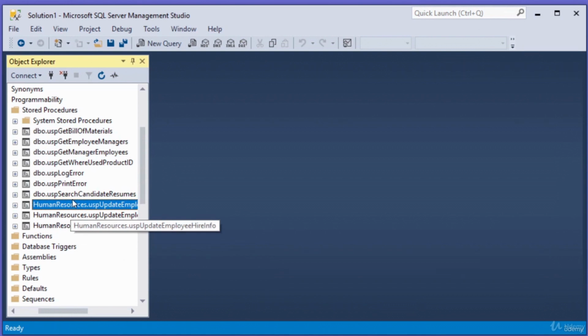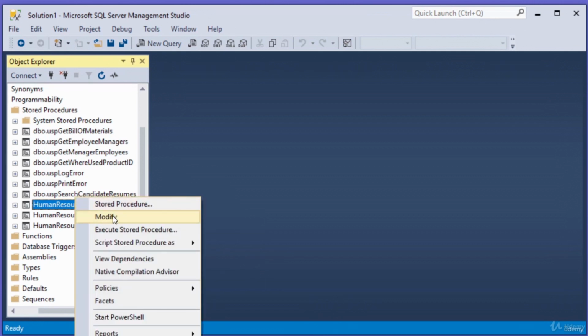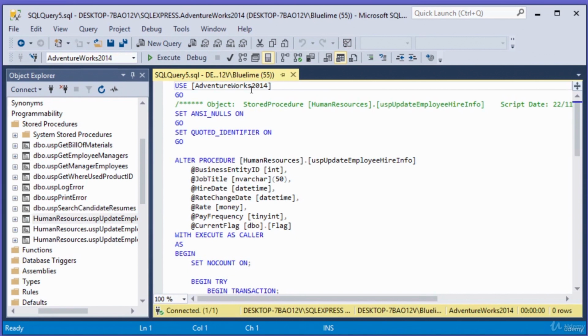So these are the stored procedures we created previously. To modify any of them, you just right click and click on the modify option, and that will open up the query. So I'm just going to modify something slightly. You see where it's got job title, I'm just going to change the nvarchar from 50 to 55,